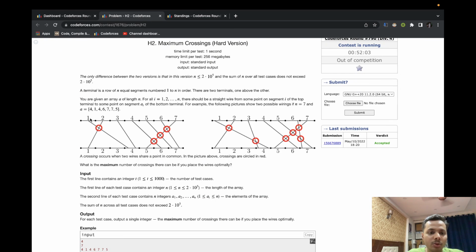Let's talk about these two wires, the first and the second wire here. If a_1 is greater than a_2, then it is obviously possible to construct these wires in such a way that they meet. You can try out several cases and you will find out that it is always possible to do so. I won't provide a formal proof here.